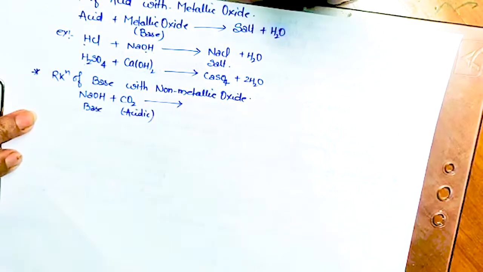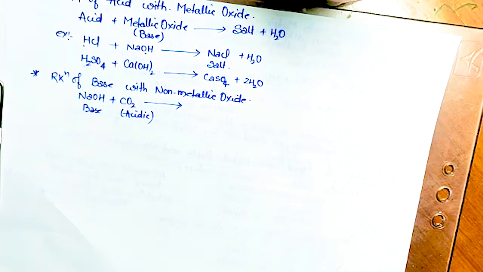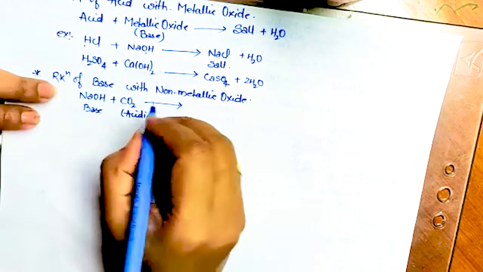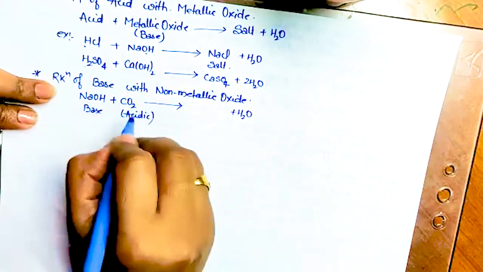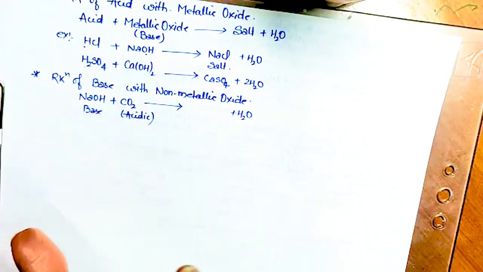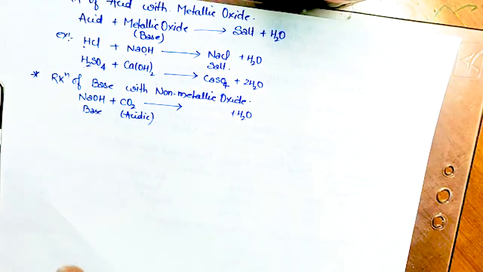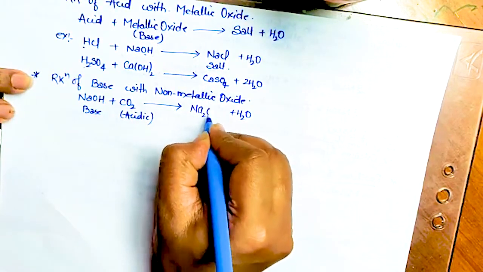So whenever acid and base react, they form salt, isn't it? Along with water. So make the salt and water over here. Water, take it out, water you can make. And what you have to think, sodium and carbon dioxide, so tell me, think of it. It will be sodium carbonate.